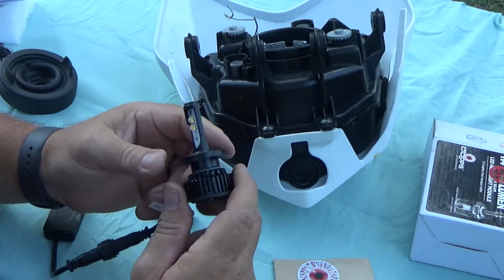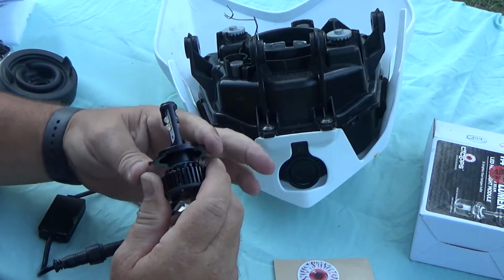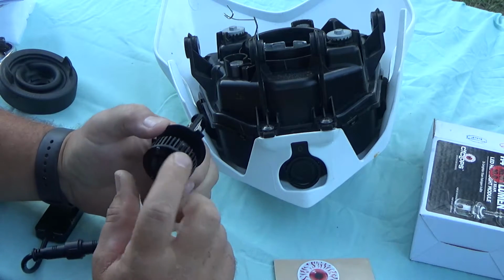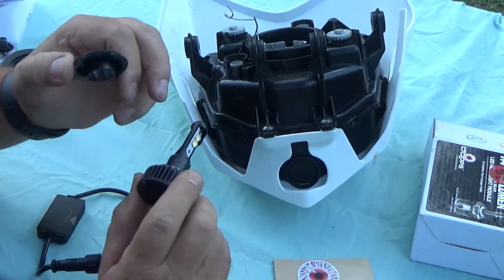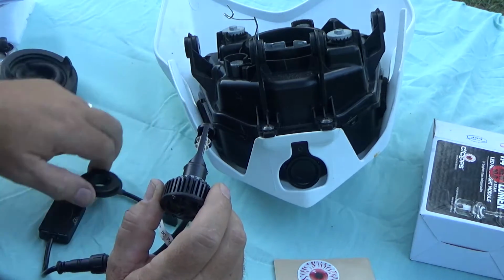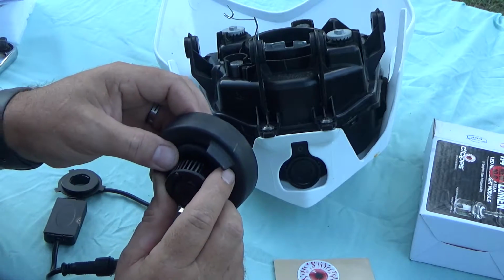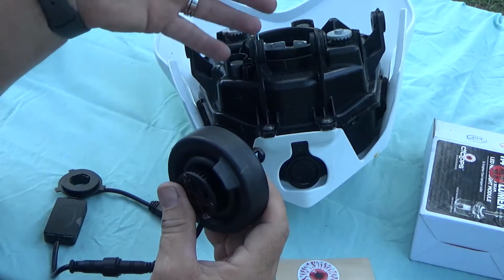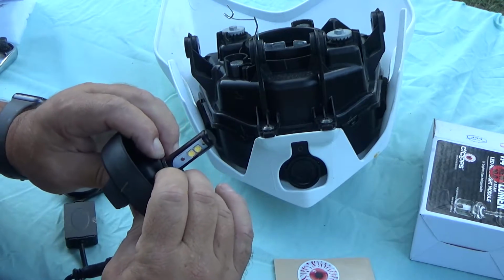Okay, now the first thing we want to do before we put this in is take the base off here. If you just turn it from the back side, it'd be clockwise till it clicks. It'll pull off like this. Be careful not to hit the emitters. And then we want to stick this LED back into our rubber seal. We have to have this rubber seal on there. We're going to get water in our light housing otherwise. So if we push this on,